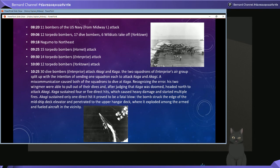Okay, and that's it. Kaga got hit by 5 direct hits, and the damage was heavy, and she started to take fire. She just got on fire. The footage showed the moment they dove right at Kaga. Everyone just started heading for her, and